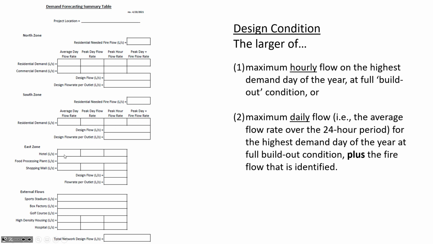There are certain things that are peaked according to human behavior, like the hotel demands. You'll notice that there's an average day and peak hour. But the food processing plant, you don't do any kind of peaking factors for, because I'll tell you in the handout that the food processing plant is using a certain volume of water each week. So you just need to figure out what is the flow rate that they're going to be using according to the number of working hours per week that may apply to the food processing plant. The shopping mall is about human behavior, so it has peaks.